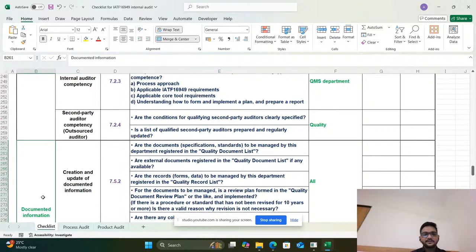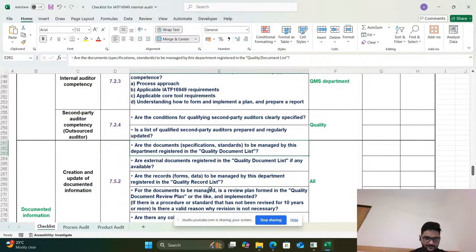Next is documented information. The first point is creation and updating of documented information, that is covered in 7.5.2, that documented information is specified to be managed by the departmental register, that is in their quality document list. External document registers are also mentioned in the quality document list.